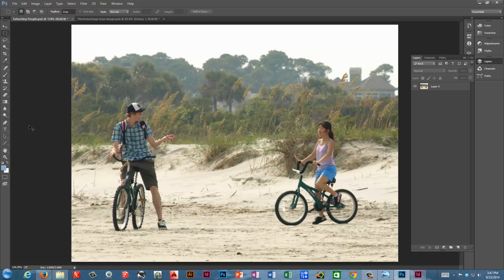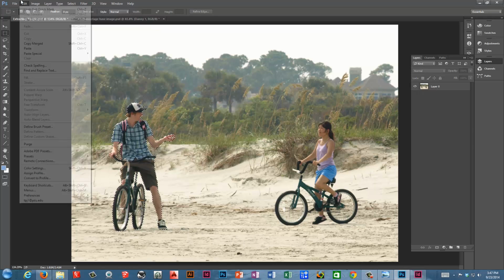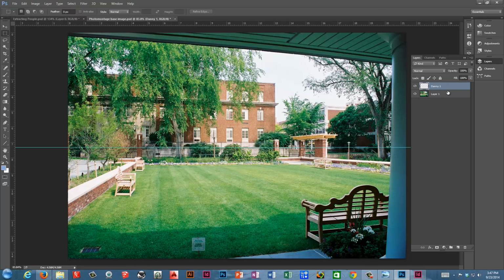So now I can just do a copy, which would be Control C, or you can use the edit menu. But since I have a layer selected, if I just do Control C, that will copy what's in there. Now I'm going to switch to my other document. For the sake of this demonstration, I've already created a layer called Danny1. I know it's empty because I made sure it was cleared out, and if that's the case, it will paste right into that layer. So when I do a Control V or paste from the edit menu,